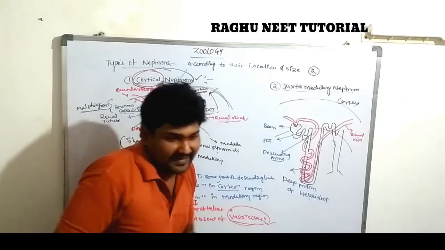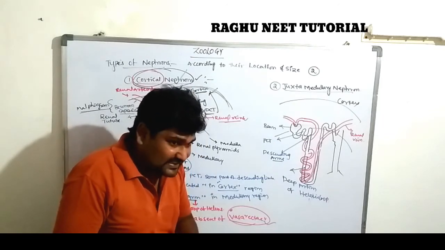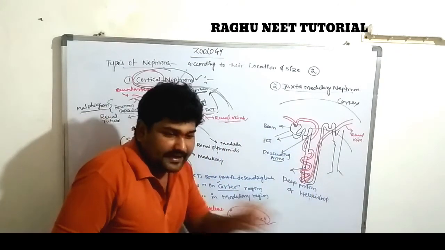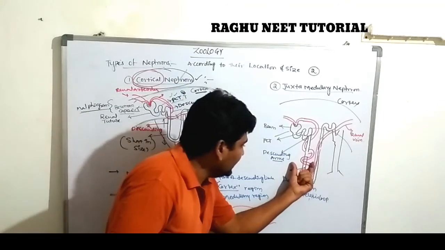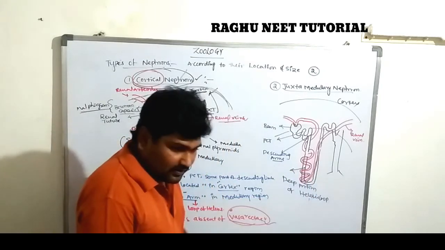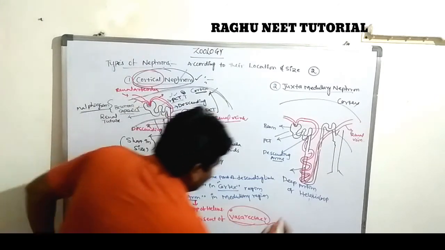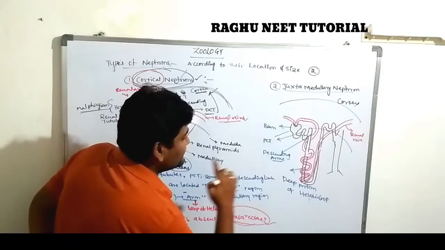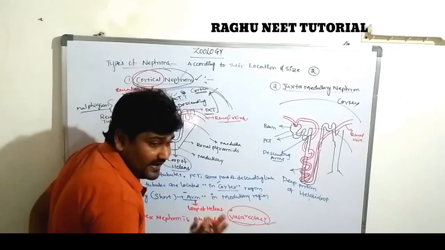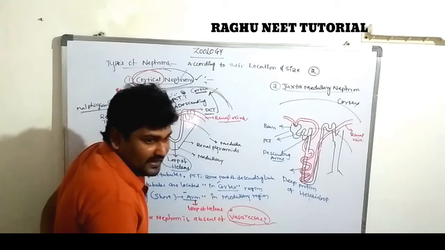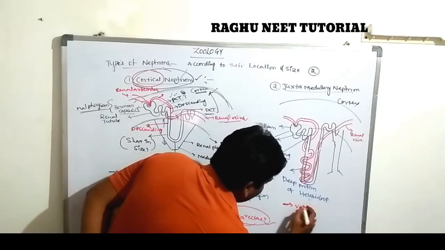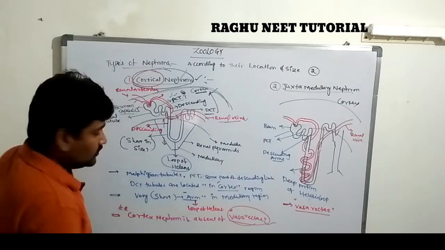But this one has a loop of blood vessels. The loop of the renal vessels completely loops around the descending limb, so the descending limb is completely surrounded by blood vessels. This type of vessel is known as the vasa recta. What is the meaning of vasa recta? The blood vessels looping around the descending limb, the loop of Henle, are called the vasa recta. So this is the presence of vasa recta.